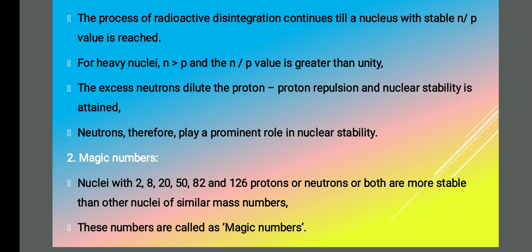So I'll repeat the whole thing once again. So coming to n by p ratio, you mark a point very clearly. If n by p ratio is found to be equal to 1, those nuclei are said to be highly stable. They won't undergo any sort of radioactive disintegration. They won't emit radioactive rays. So those nuclei whose value is found to be less than 1, or greater than 1, especially greater than 1, what they do is they emit the remaining thing in the form of radioactive rays.